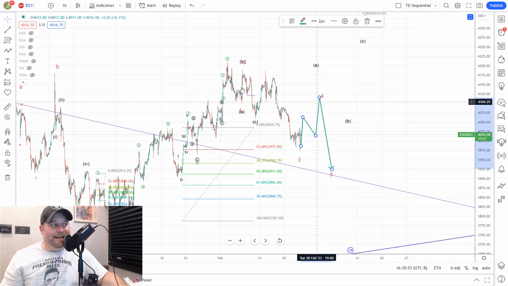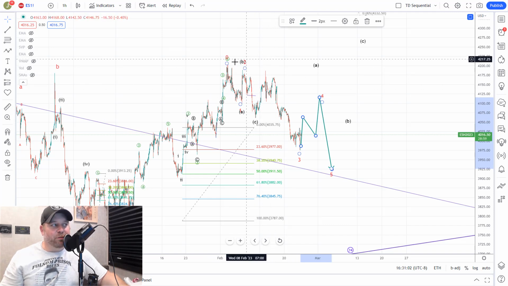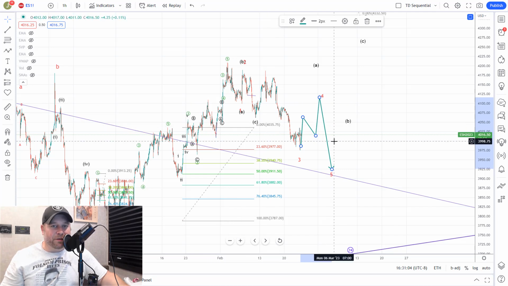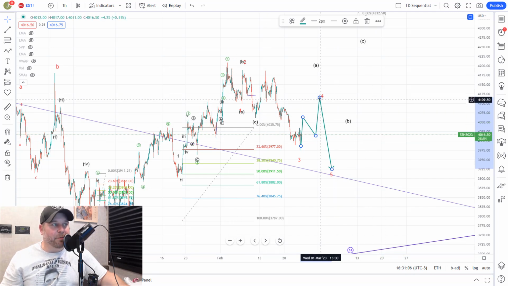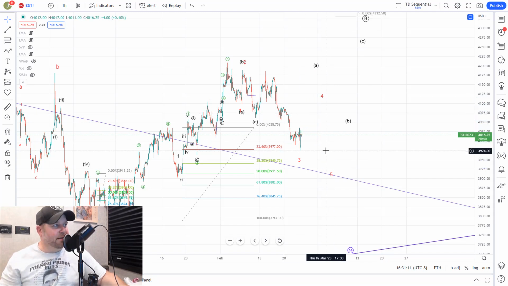I'm not in love with that count because it is a diagonal, but that's kind of what we have in both directions. This sloppy overlapping area has made the chart very complex. And when you have complex movements, a great time to sit on your hands, wait for some clarity, and then get into the market. The other move higher that we could be looking for here is a little bit more